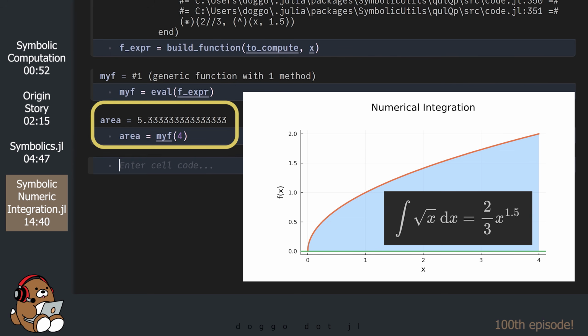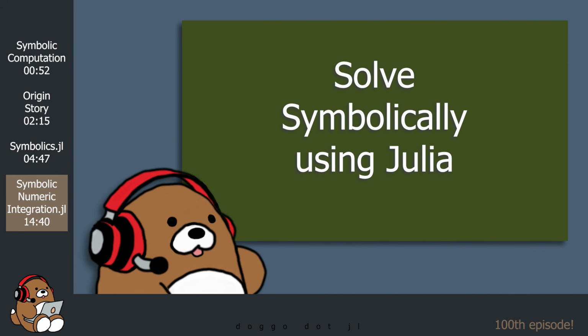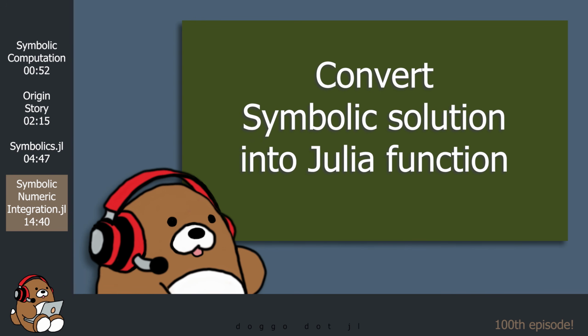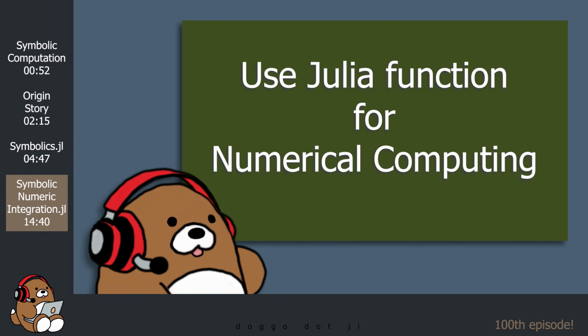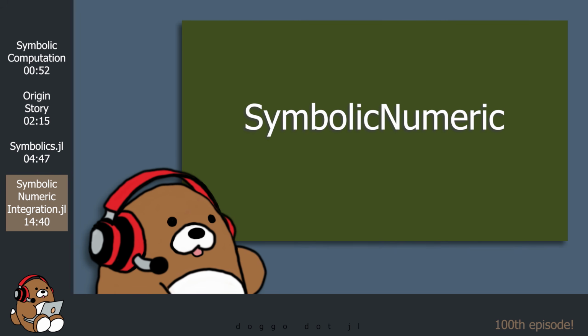Let's take a moment to appreciate just how clever this is. Knowing that this workflow exists means that you can now solve problems symbolically on your computer, just like you learned how to do manually in school. And then, you can take your symbolic solution that's in the form of a Julia symbolic expression, and convert it into a Julia function. Once your solution is in the form of a Julia function, then you can do whatever you want with it, with any package in the Julia ecosystem. Thus, blurring the line between symbolic computation and numerical computing.